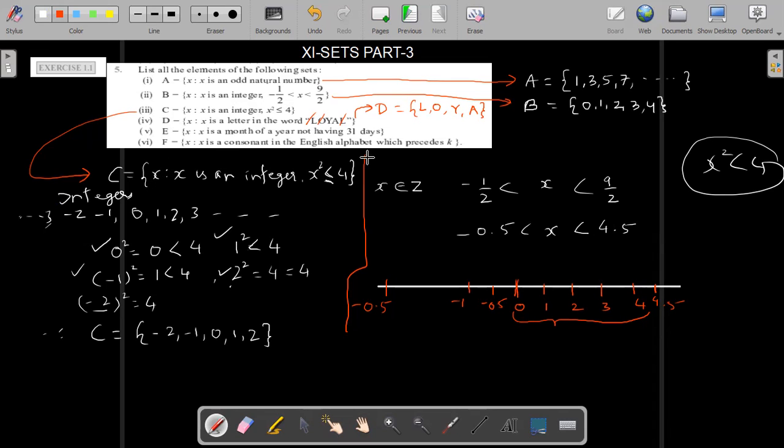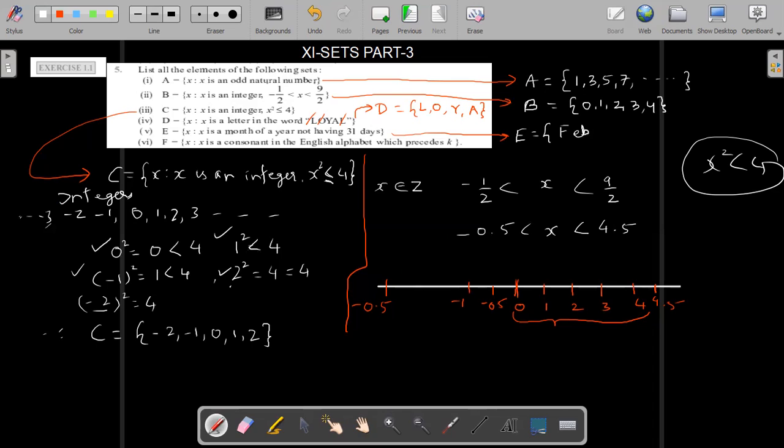Similarly, the months of a year not having 31 days. So the months which are not having 31 days, you know how to find out. So that is E. The months not having 31 days are February,